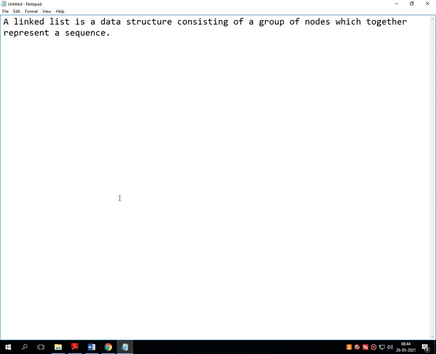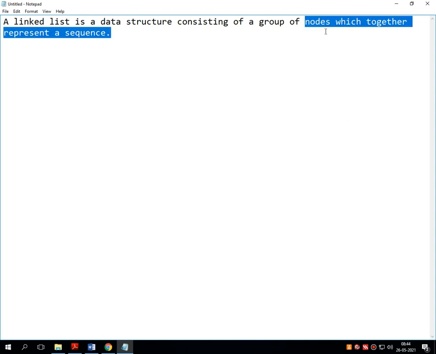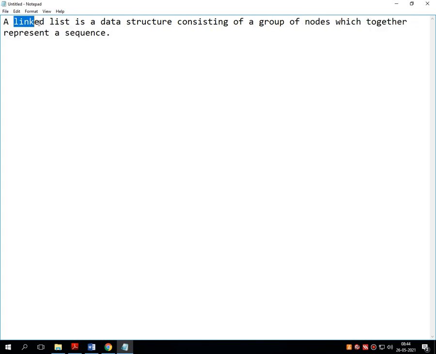It makes one circle of multiple links. Those links are called nodes in our subject, and together they make a data structure called a linked list.